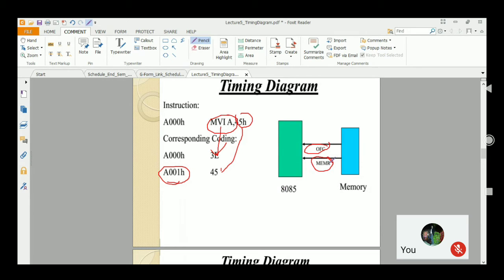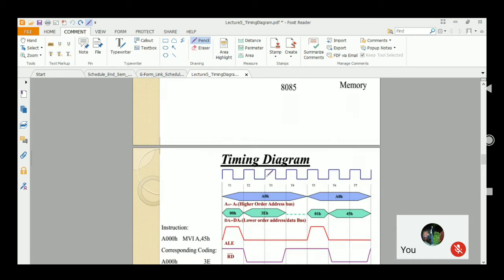So in this example, not only the opcode fetch cycle is there, I have another memory read operation that is going to be generated in this particular example. You're going to have the memory read in that timing diagram, because a memory read is there in this particular instruction, not the memory write. Memory read is there, so I need to have it in the timing diagram. So look here.